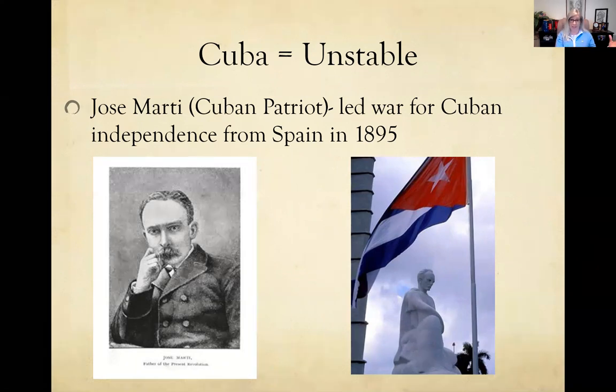And eventually he has enough people on his side that he declares war on Spain in 1895. So it's basically a revolutionary war. So you can kind of think of this as these patriots wanting independence from a colonizer who they believe is unfair. And in the midst of this revolutionary war between Cuba and Spain, there are also American landowners in Cuba